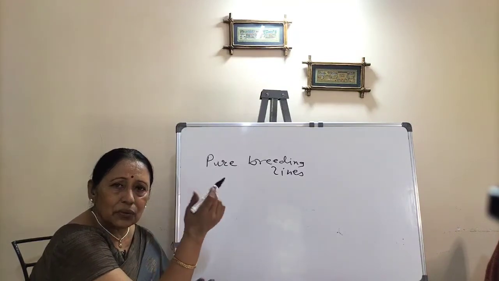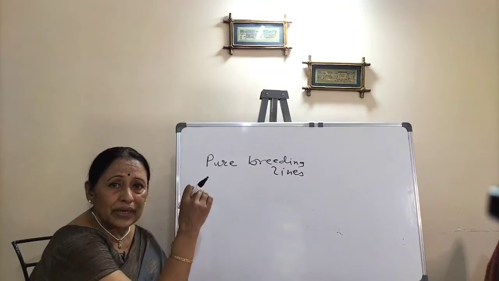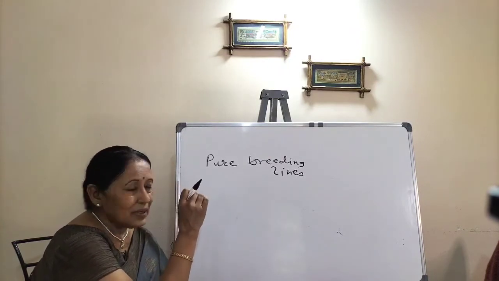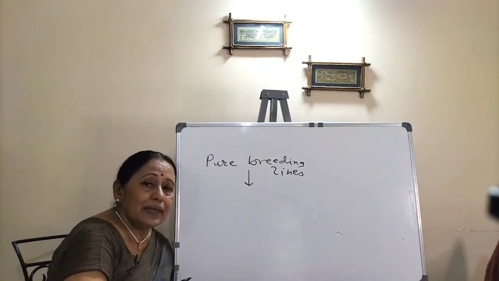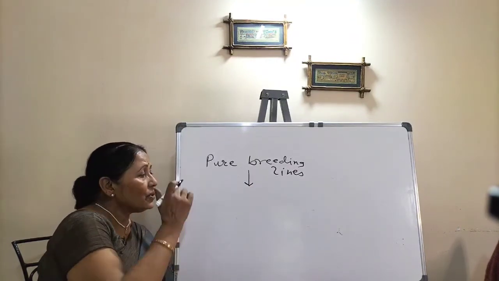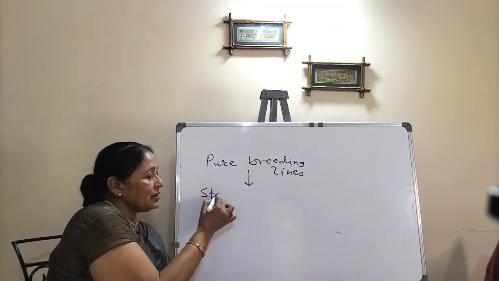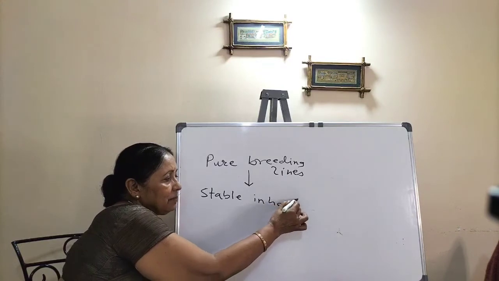So there is no question of variation. No foreign gene is coming to it from another flower. So having undergone self-pollination generation after generation, those plants which show stable inheritance of characters